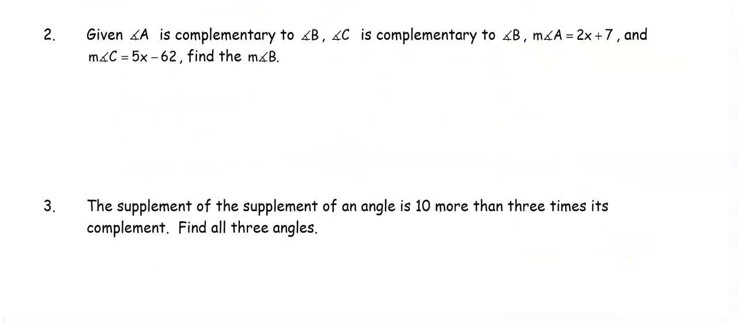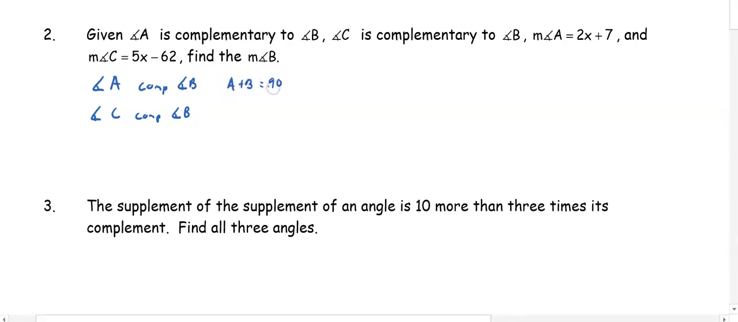In number 2, given that A is complementary to B and C is complementary to B, the measure of A is 2x plus 7, the measure of C is 5x minus 62, find the measure of B. So we know that A is complementary to angle B, and we know that angle C is complementary to angle B. So because they are both complementary to the same angle, if we said A plus B equals 90 and C plus B equals 90,